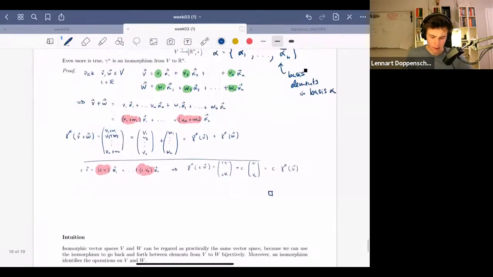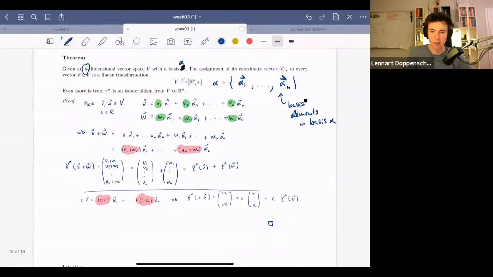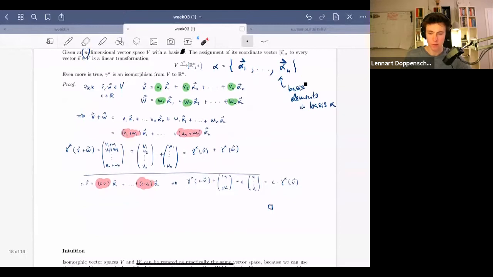And in fact, the rest should be clear. I just forgot that we already had a theorem last week that said that the linear combination is unique for a basis. And this uniqueness exactly gives us an isomorphism, because it means that it's injective and surjective. So you can convince yourself that this will work out.